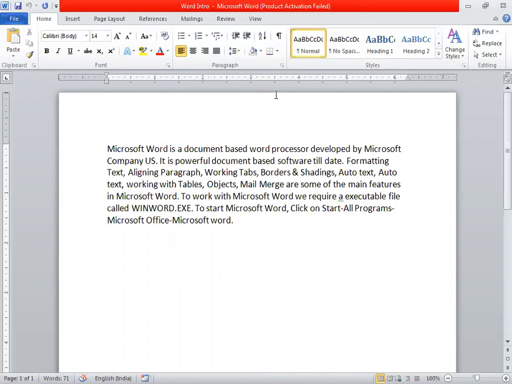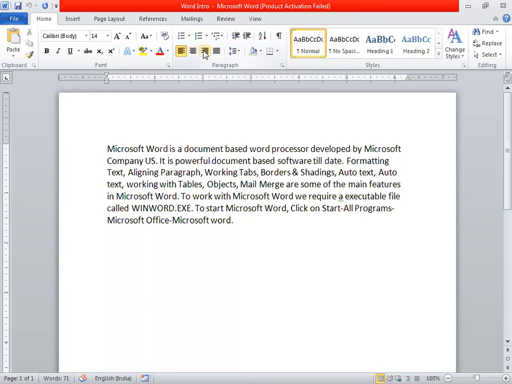What's the meaning of justify? Here we are able to see on the left side the text is in a proper position, whereas on the right side it is random. Likewise, if we align to the right side, then what happens? Let's see. Here in the Home tab, we are able to see the left alignment, center alignment, right alignment, and justify alignment.